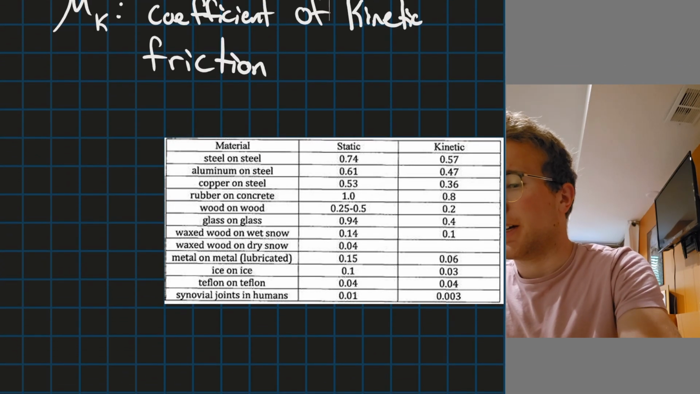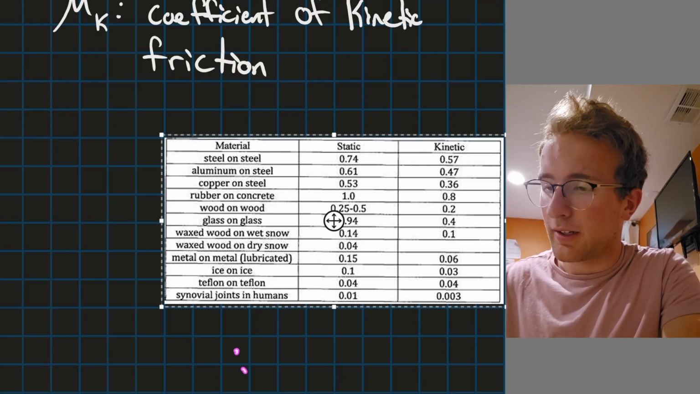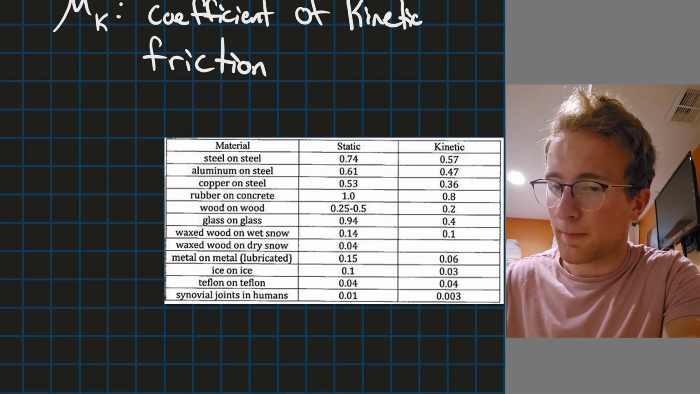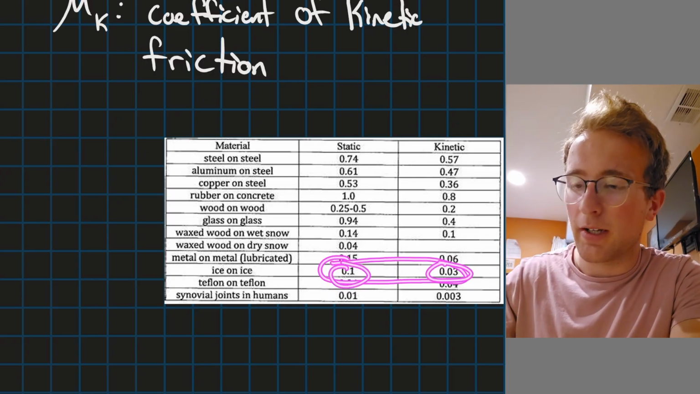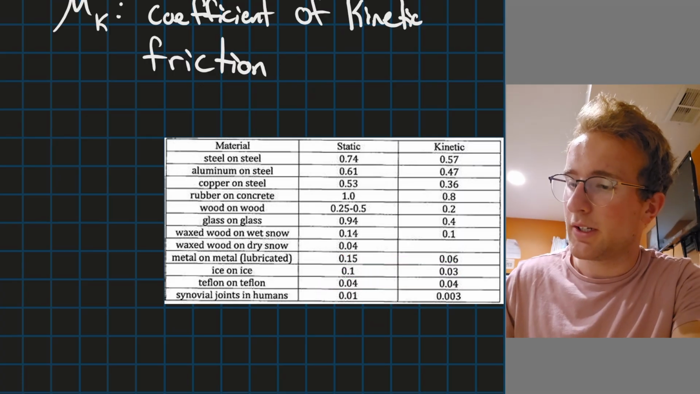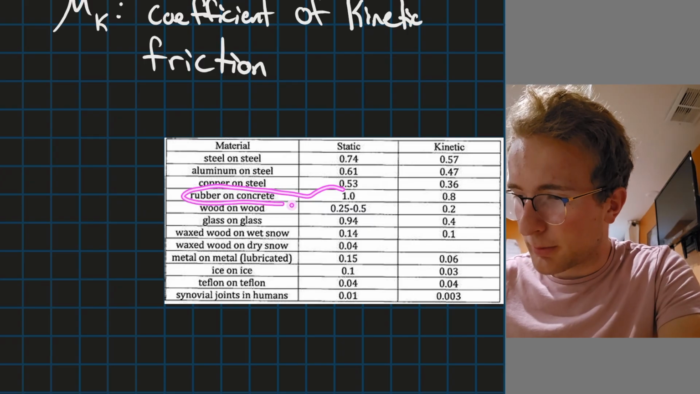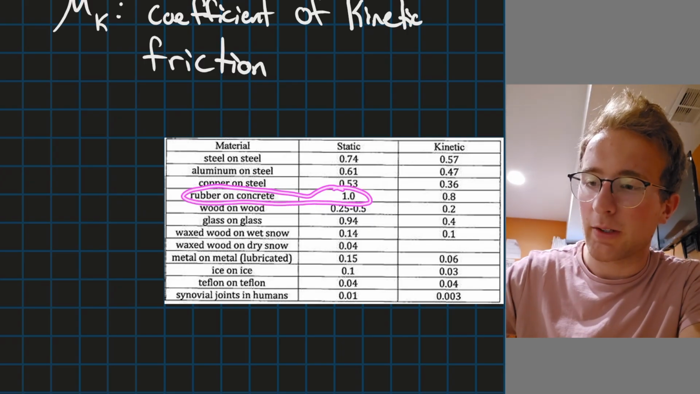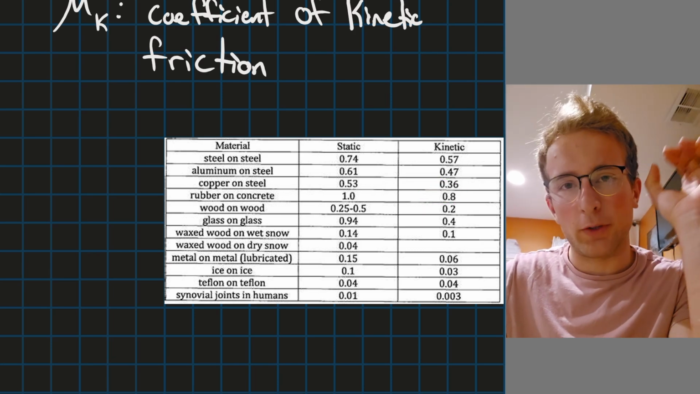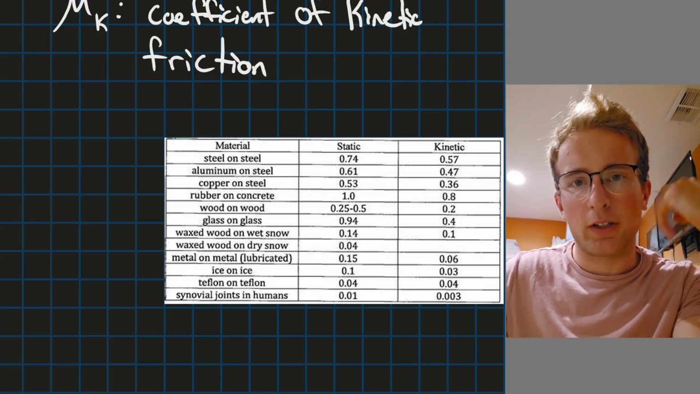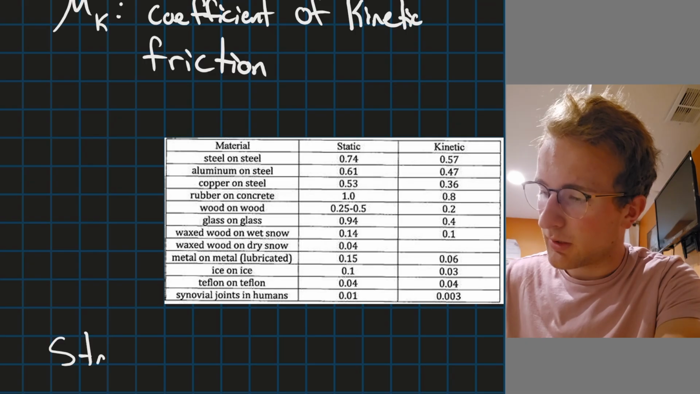You can see that with the table here. If you have a block of ice, you have a coefficient of friction of 0.1 for the static coefficient, 0.03 for the kinetic coefficient. Compare that to rubber on concrete there. The static coefficient is 1, kinetic is 0.8. So if you know the two materials, you can look up their coefficients of friction. Okay, now